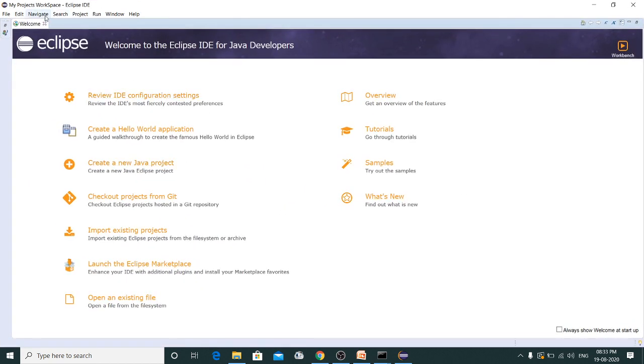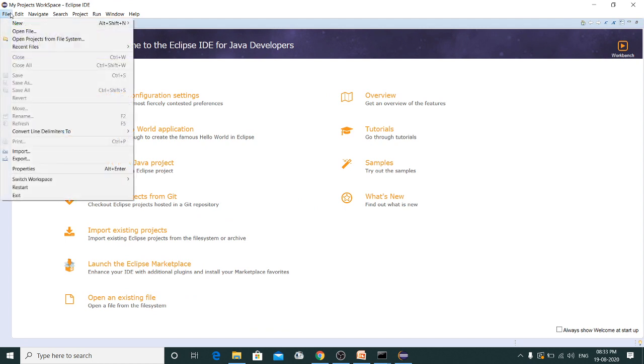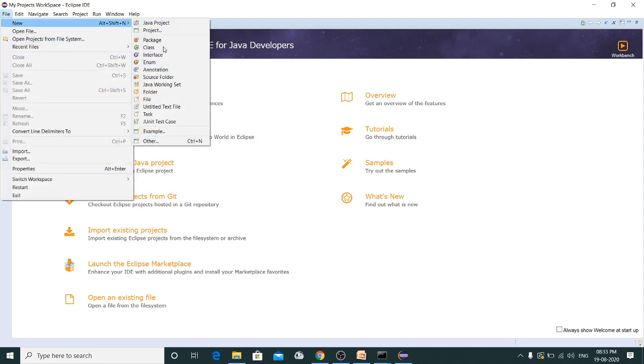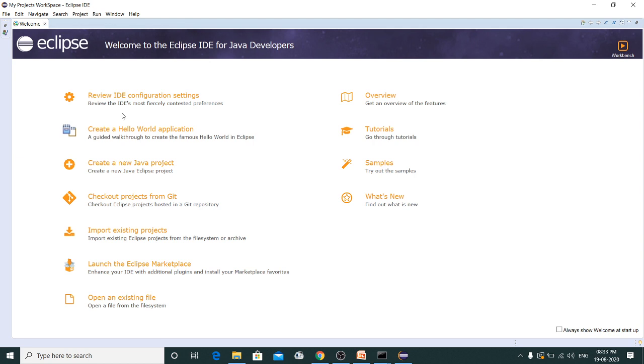You can close this welcome page and create new projects, Java projects, and if you want to create a new project, you have shortcuts here in the welcome page as well. So this is how you need to install your Eclipse before starting any Java programs or Selenium programs or any other language scripting. In the next session we will see how to create a project and how to write a sample script in Java, and from there we will take on.